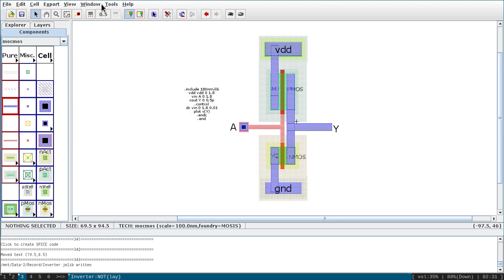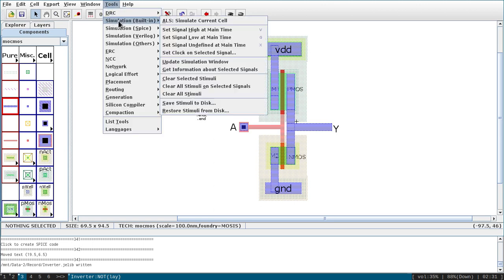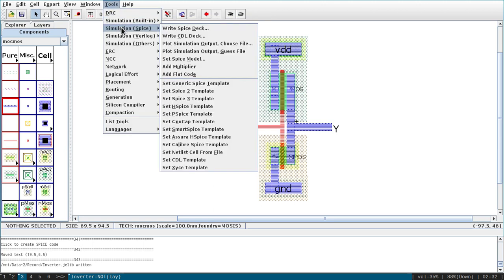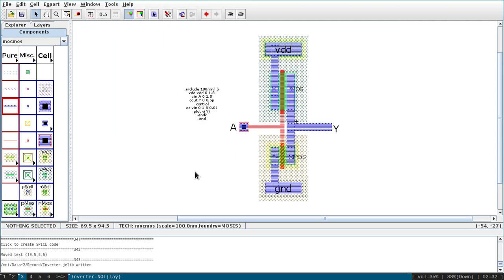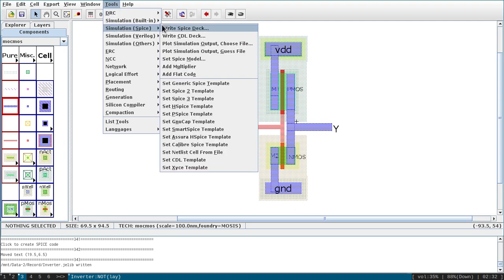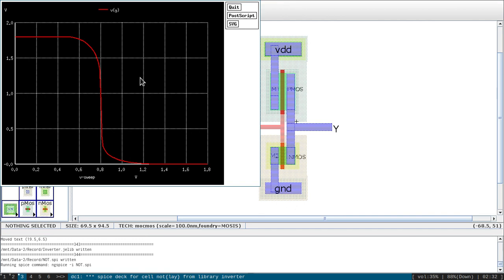For that I have to go to tools, spice and write spice deck. Then it will perform the DC analysis and show the voltage transfer characteristic. Let me check. Yes, you can see here this is output and this is input. Input is swept from 0 to 1.8 volt. It's a post layout